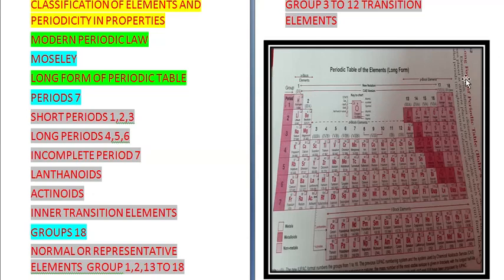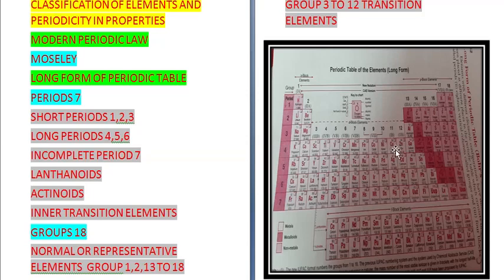They are the S block, P block, D block and F block, depending upon the orbital in which the last electron or the valence electron is going. So let us take them up one by one. First we come to periods. There are a total of 7 periods. These are the horizontal rows, that is, left to right in the periodic table.